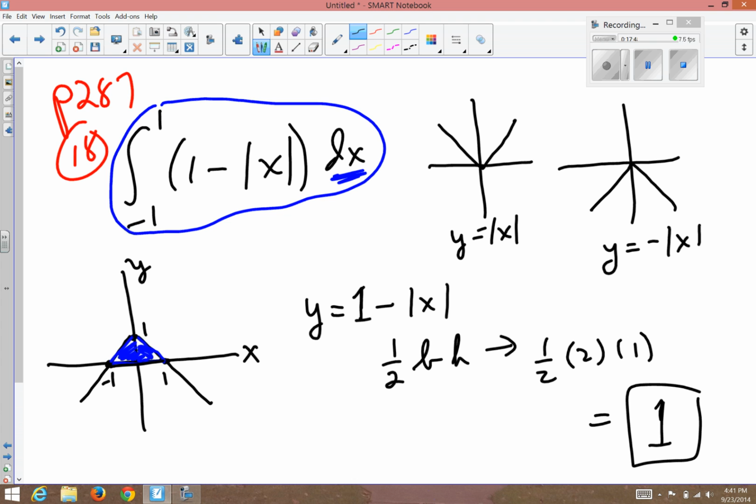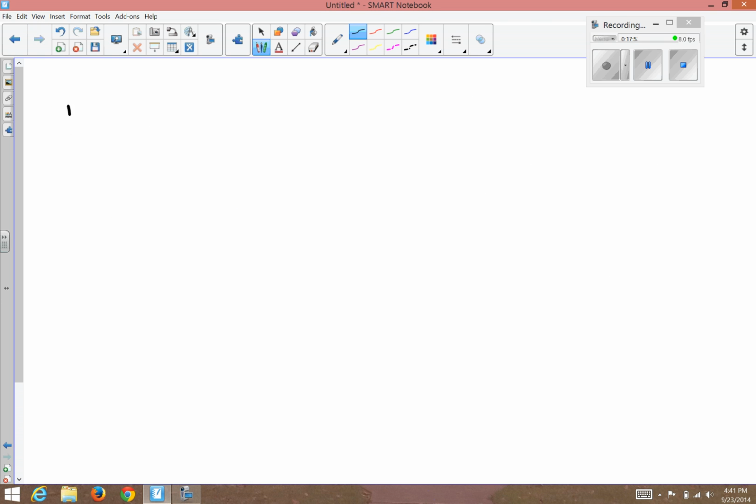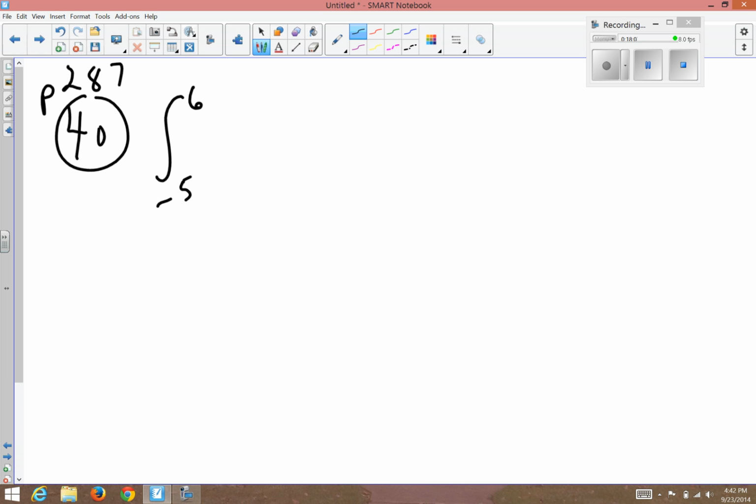The next one is going to be number 40, page 287. The integral from -5 to 6 of (9 minus x squared) over (x minus 3) dx. As usual, we're going to graph the integrand. We're going to graph y equals the integrand,